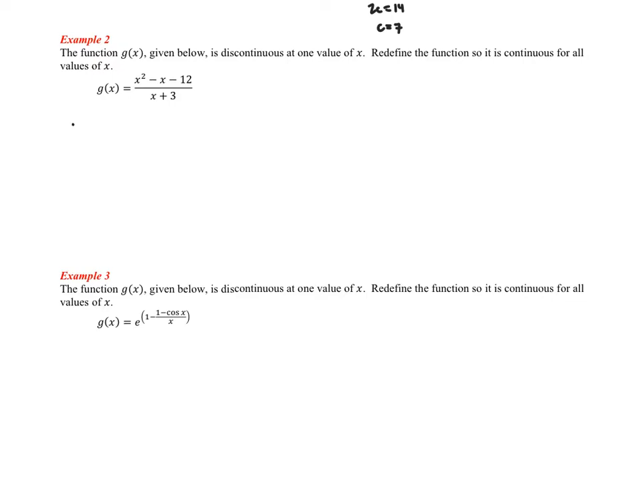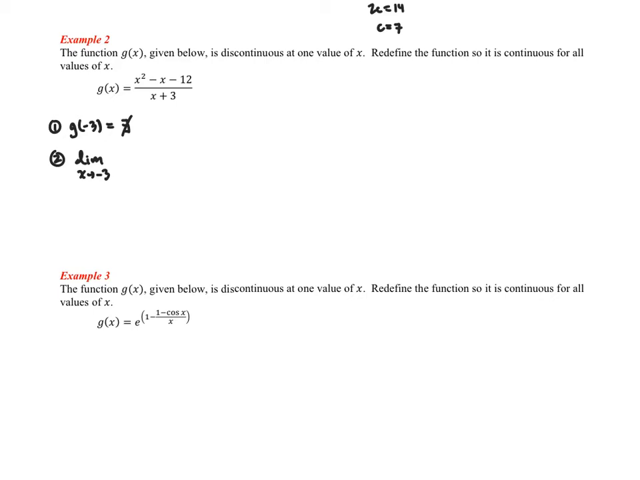Okay, so g of -3 clearly does not exist. So we need to redefine g of -3 so that it does exist. So right now that's an issue with continuity. So what we need to do is look at the limit as x approaches -3 and plug that value in for g of -3. So the limit as x approaches -3 of g of x doesn't exist, but what I want to do is